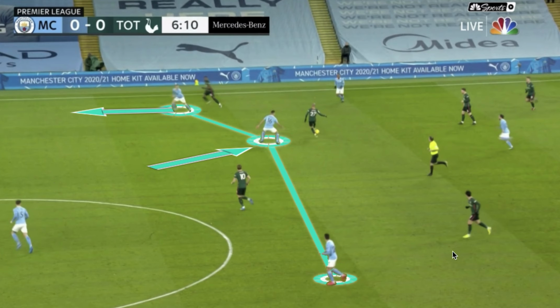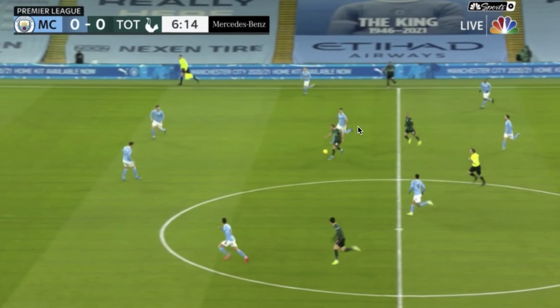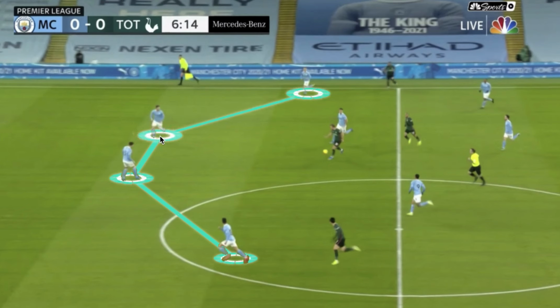And then now we'll see Son and Cancelo drop as well. So Cancelo has a few yards on Son already, just to be safe that the ball isn't beaten in behind right away. And now, worst case scenario, there were a few situations where the counter press was broken, and we see right away the two center backs get connected, very narrow, control the center corridor, and now the fullbacks are